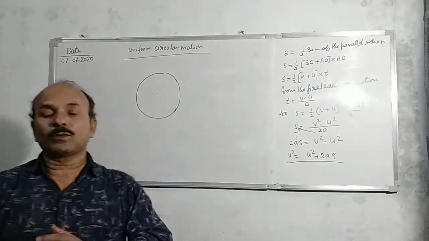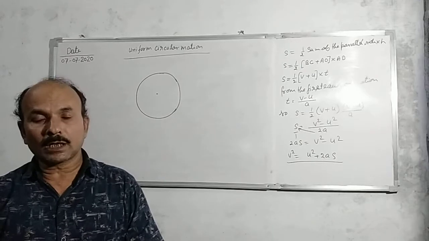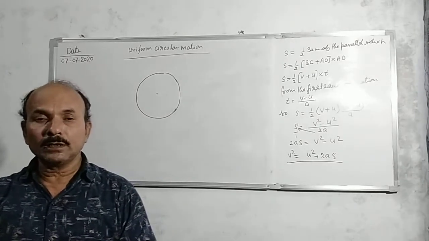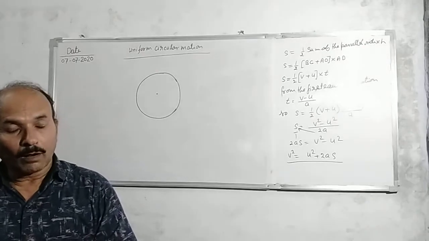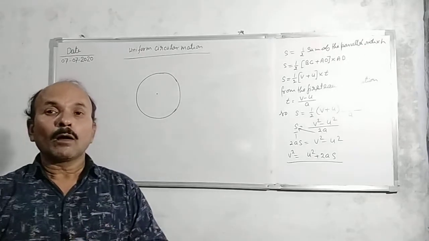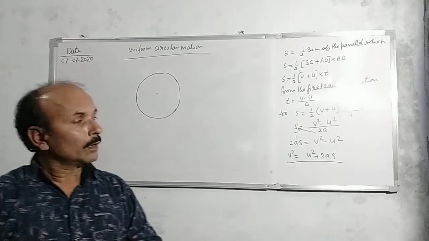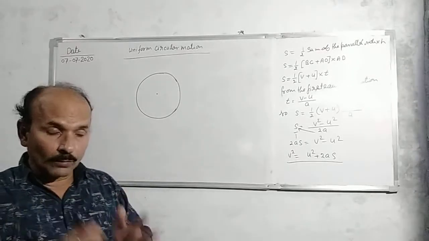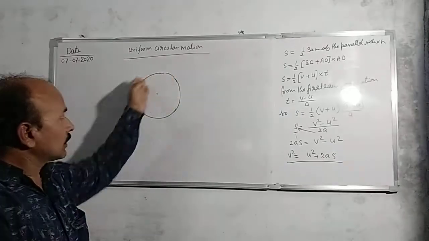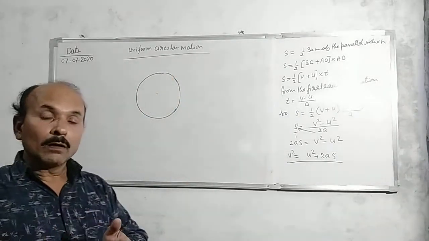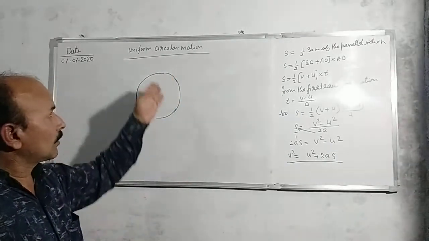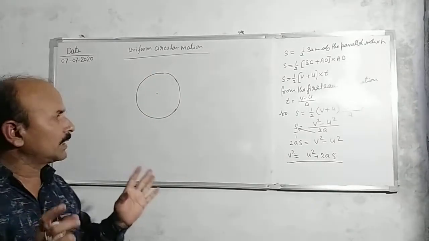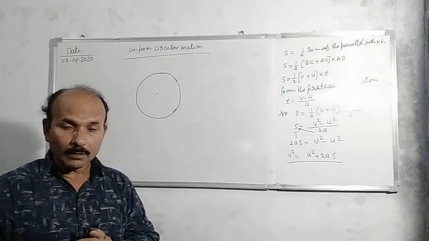When any object moves in a circle or in a circular path, then we can say that the object is in circular motion. If an object is moving with a uniform velocity, with a uniform speed in a circular path, means it is moving with a constant speed, suppose 20 km per hour, kmph,